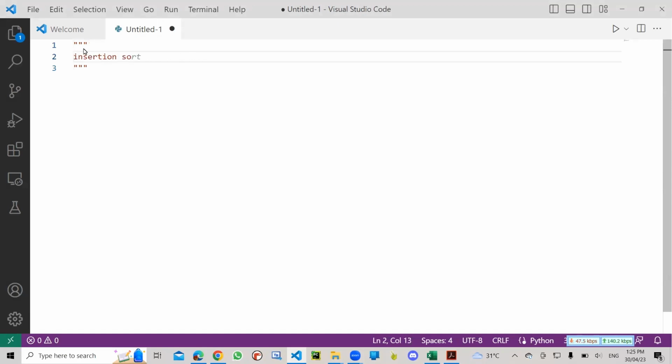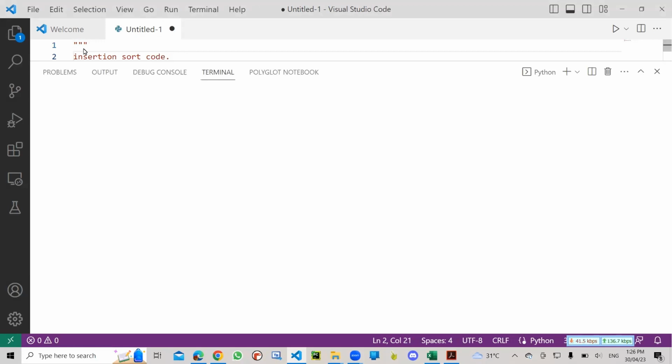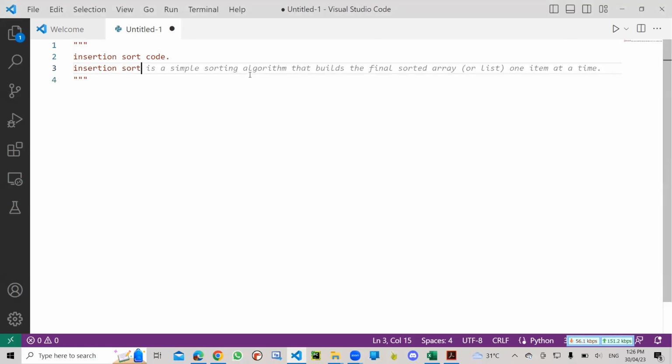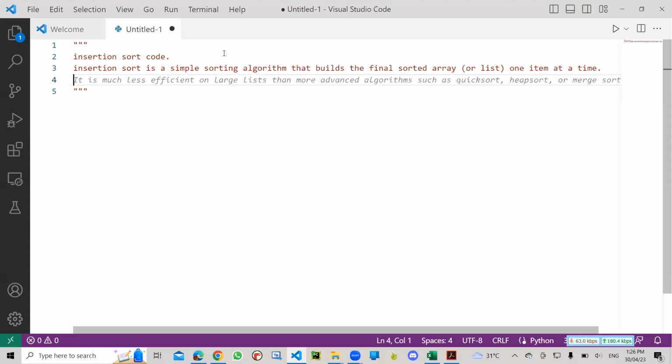Insertion sort code. All right. Insertion sort is a simple sorting algorithm that builds the final sorted array or list one item at a time. Okay. So we will